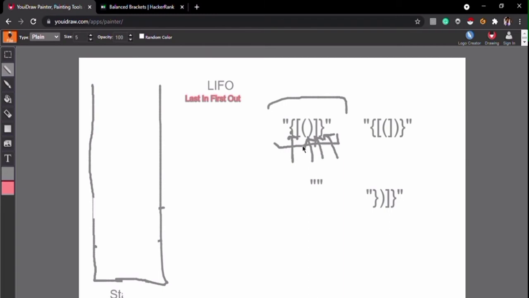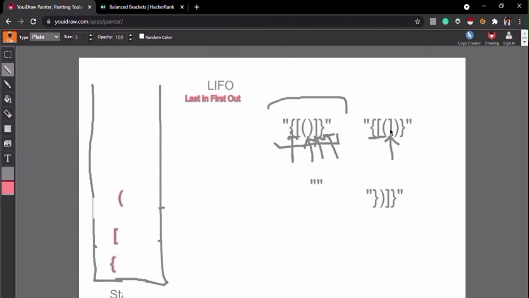Let's consider an example of the unbalanced type. As we have already discussed, whenever we encounter any opening bracket, we simply push it in the stack. Let's push all these three parts, then we will discuss the rest. Now after traversing these three parts, we are here at the first position.